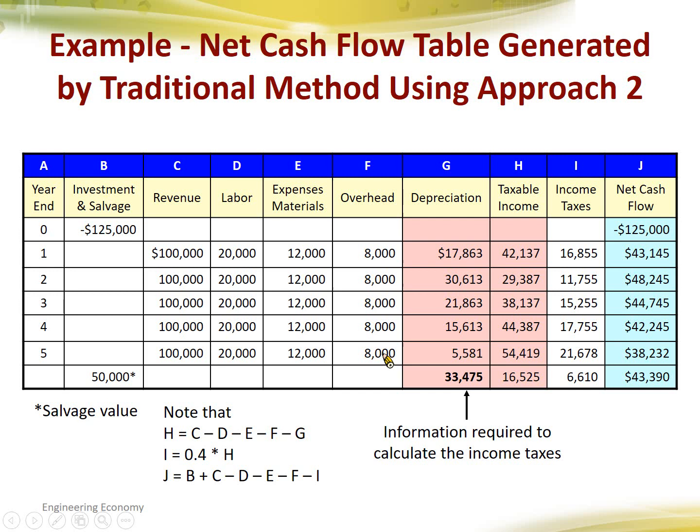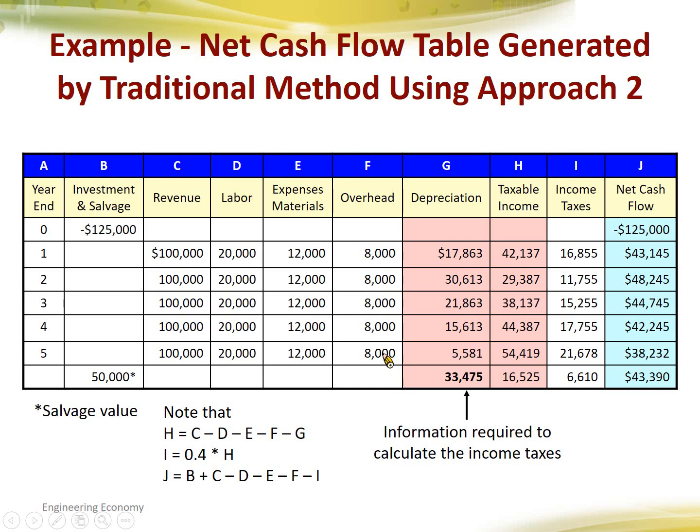In fact, with this symbol, you can sometimes reorganize them so that you don't need to go through them step by step. There's a simplified way that you can generate income tax and net cash flow. But anyway, here we just follow a regular way of doing this, and we have depreciation, so we get taxable